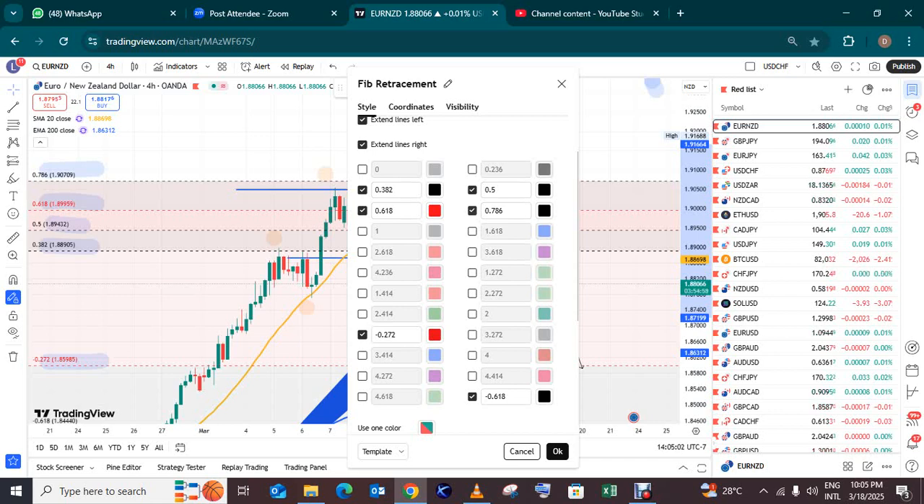Okay, you can use this to draw whether it's an uptrend market or a downtrend market. So that's that, guys, for the parameters, the settings for the Fibonacci retracement tool. Okay, so now I'm going to go ahead